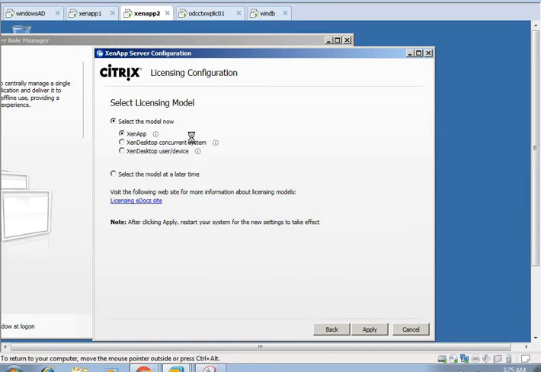Once it is applied, it will ask for shadowing. In shadowing, we always need to choose the allow option. There are two options here, prohibit and allow. We always need to choose allow, because once we choose the prohibit option, we can never enable shadowing from the Citrix management console. That's why we need to choose allow. In case we want to prohibit this option, later after configuration, we can prohibit it from the Citrix management console.